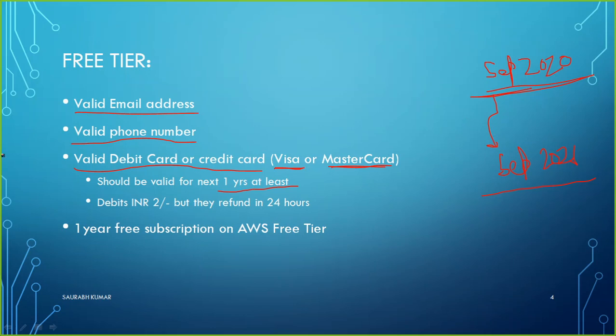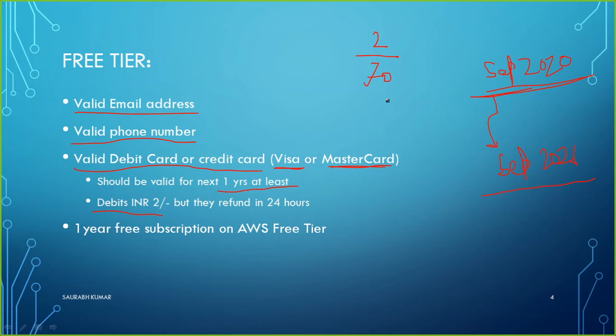And when you are signing up, they may charge you some small amount. Like here, if I talk about Indian rupees, INR, they charge approximately 2 INR. If you convert to dollars, it will be 2 divided by approximately 70. That much dollar it will be. So you can go to Google and get the rate of INR to any other currency, and you will be able to understand how much it is going to cost you. That is the approximate rate I'm talking about.